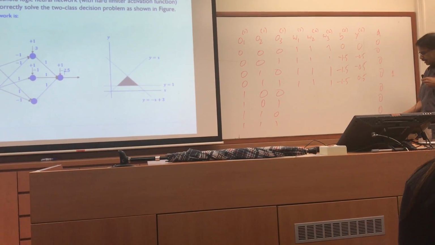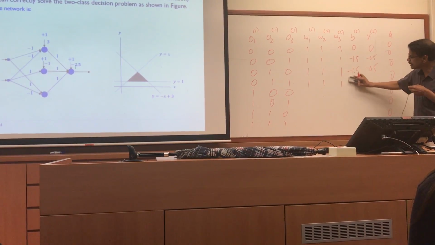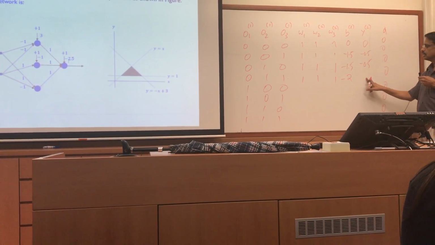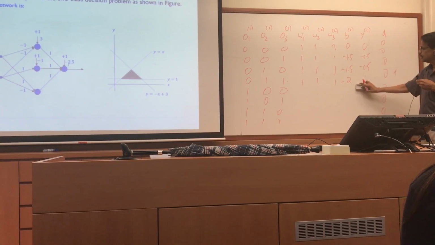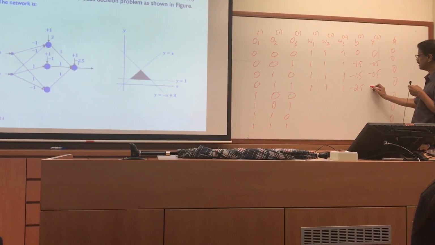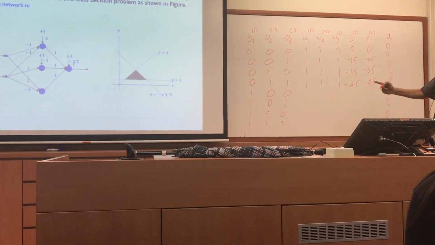So that's not correct. I want to get a 0 there. So I want to get a negative value here. So increase this. If I make it 2, will it be correct? What will be the output? 0. Then it will be 1. Then that's not correct, right? So what do you have to do? 0.5, then 0.5 correct. Okay? Then you can here